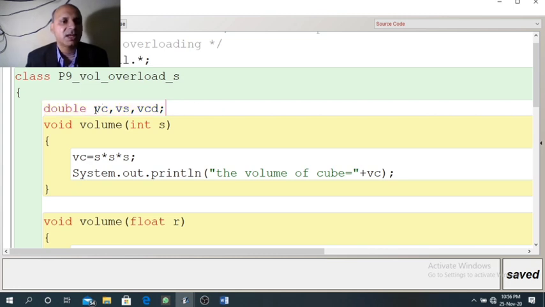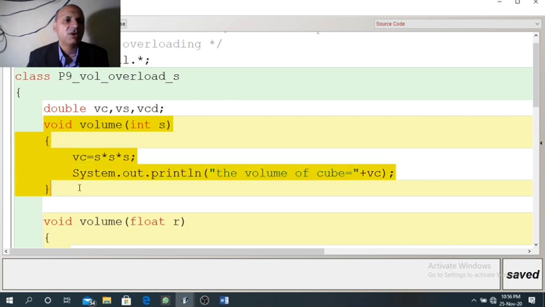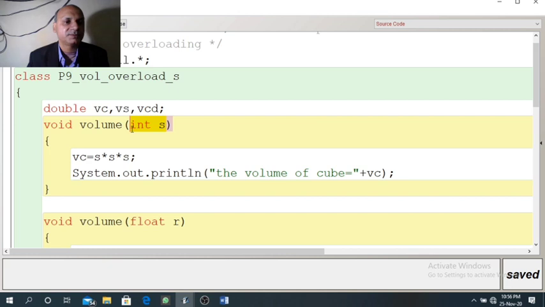So these variables can be used in all the methods of this class. Now the first function is void volume int s. It receives one integer value, s cube. This is the formula to find volume of cube. S cube will be stored in Vc. Now see, Vc is declared as an instance variable, so it can be used in this function.